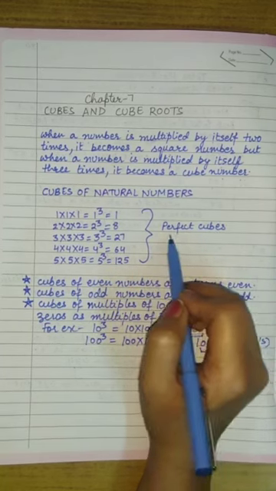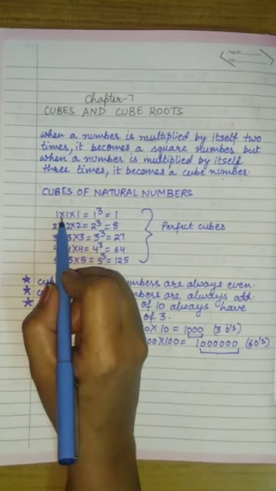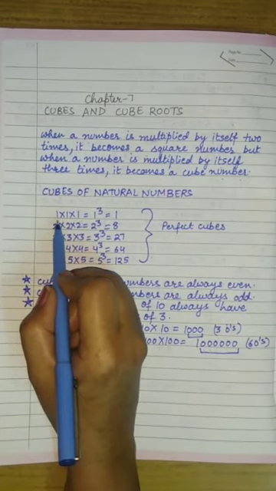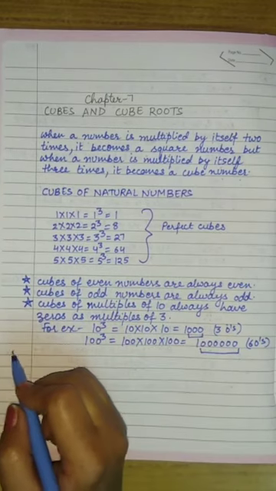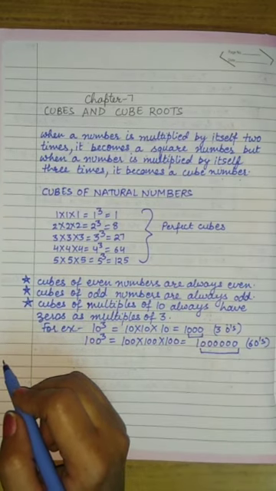All the numbers which have any number in its triplet form are perfect cubes. For example, let us consider the cube of 5. In the cube of 5 we have 5 into 5 into 5, which means 5 is occurring 3 times, which means 5 is forming a triplet. So 5 cube is equal to 125 is a perfect cube. All these numbers are perfect cubes because they are the product of 3 identical numbers.